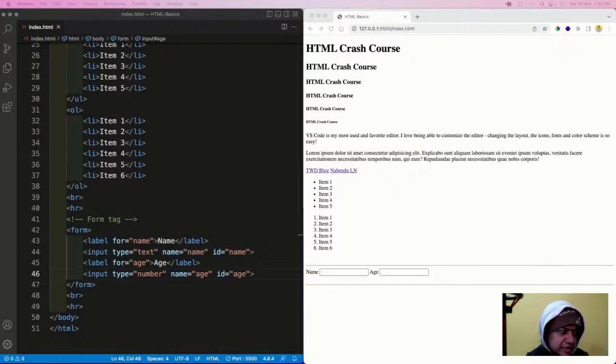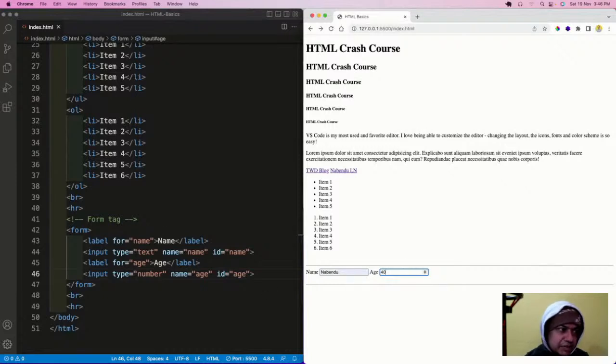Okay, so we'll go further. I was telling you about this label and input. As I told you, you might have seen this on Facebook and elsewhere. Here I can type anything, like my name, and I can type an age. For number, see this up and down thing, so I can increase it also like this.